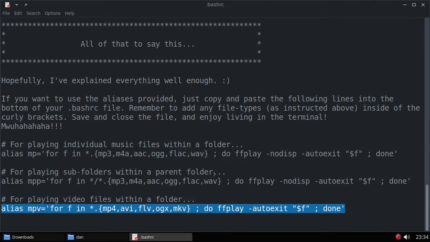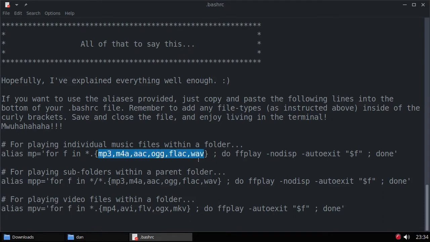One other thing I want to point out, what's going to happen when you enter this alias in the terminal, it's going to play the music files in order how they're listed within these curly brackets. So it's going to play MP3 files first. If it doesn't find MP3 files, it'll move on to the next one until it finally finds one that it'll play. And if it doesn't find any of those, you'll need to add your own music file types within these